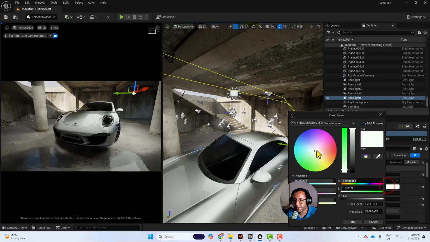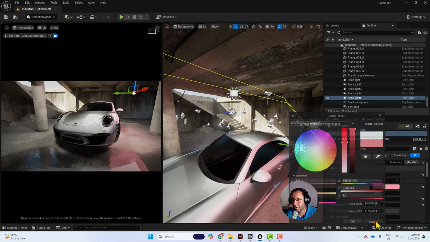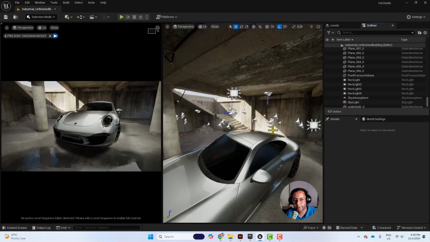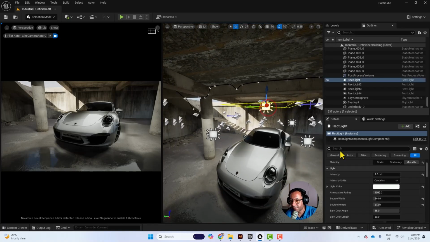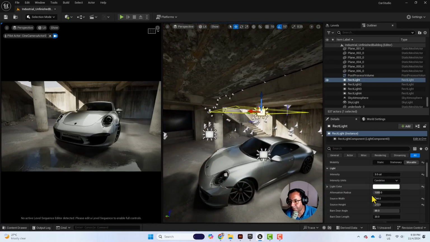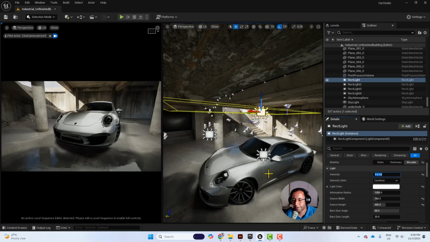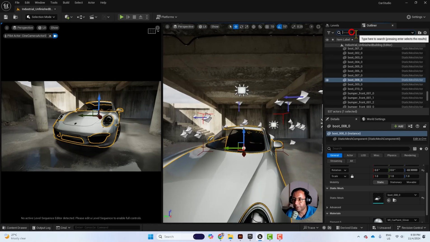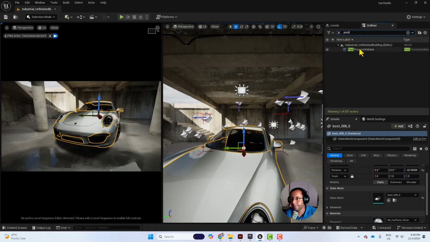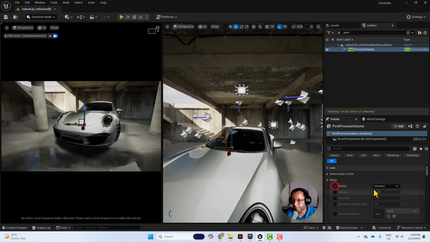You can change the light color if you want to get some more look and feel like that, but let's keep it white, and I don't know, maybe this one, the top one, it should be bigger, and maybe 4, and